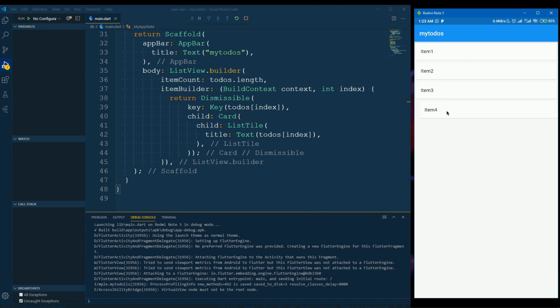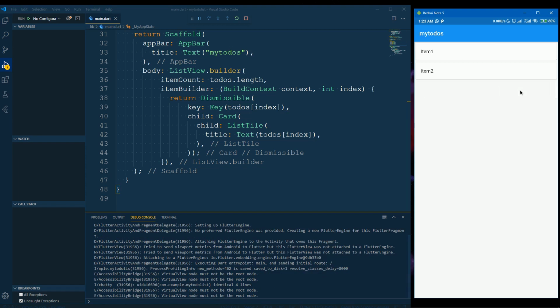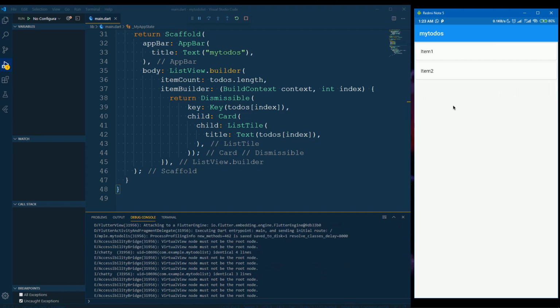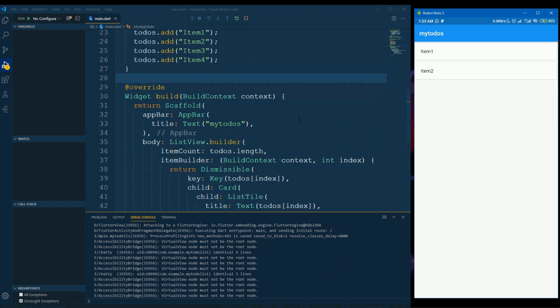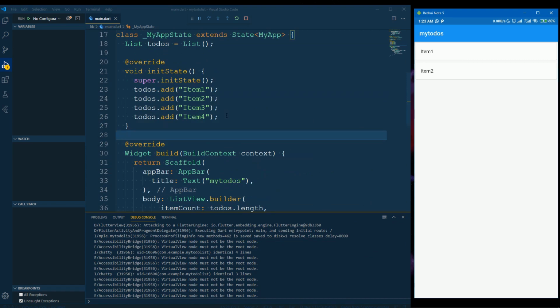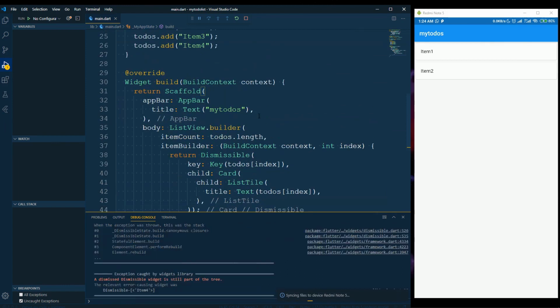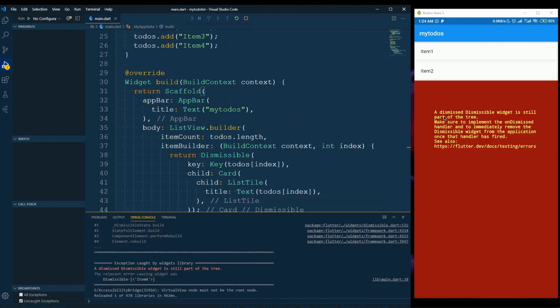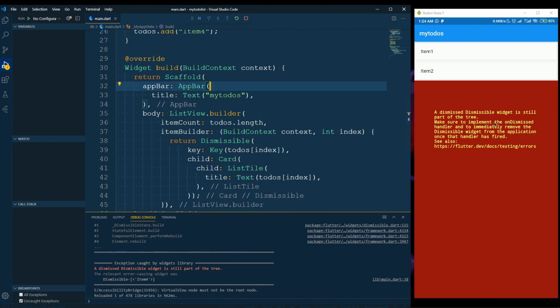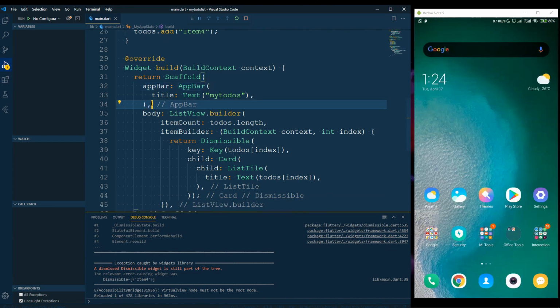It means that we can remove it by dragging it, look like this, but it's not really deleted because it's just on temporary memory. Alright, so let's see this. When we refresh our app, it means that the Dismissible widget is still part of the tree because we haven't yet deleted it. Alright, just skip this. So we need to add another